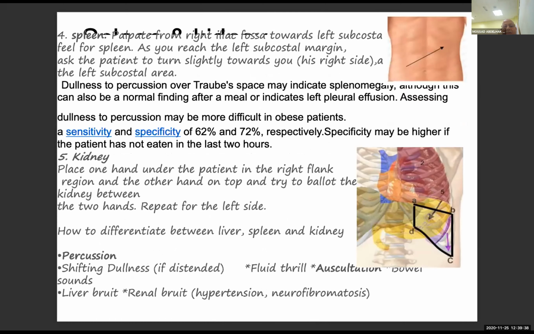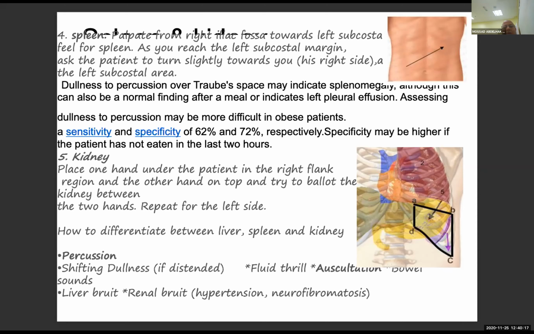Okay, it is not so clear, but for the spleen you are going to measure also from the right iliac fossa. Remember that the spleen usually cannot be palpated under the costal margin unless it is enlarged 3 times. Percussion is very important, but you must start from here, because sometimes the patient has a 5 centimeter spleen. You must palpate in that direction. Traube's area is very important, and there is a video I wrote at the end.